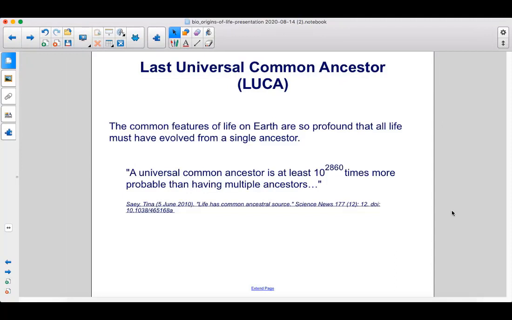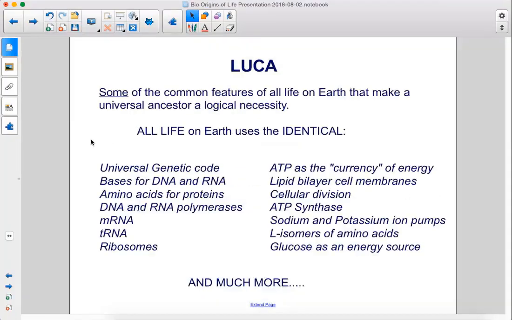The common features of life on Earth are so profound that all life must have evolved from a single ancestor. A universal common ancestor is at least 10 to the power of 2,860 times more probable than having multiple ancestors. Here are some of the common features of all life on Earth that make a universal ancestor a